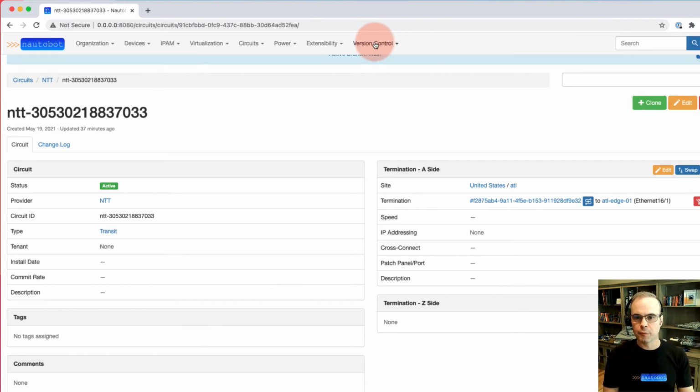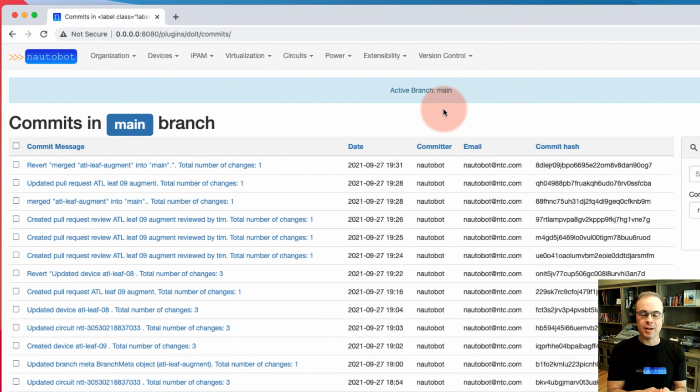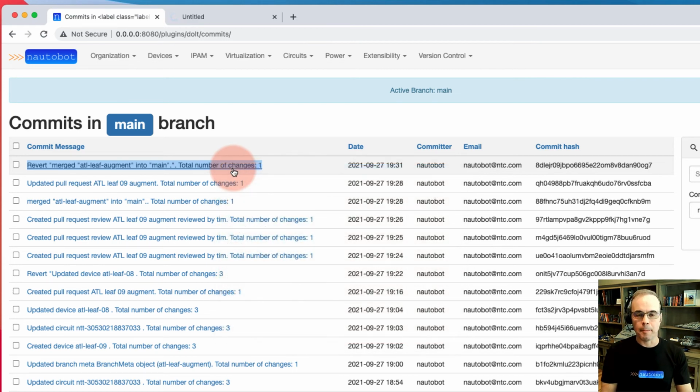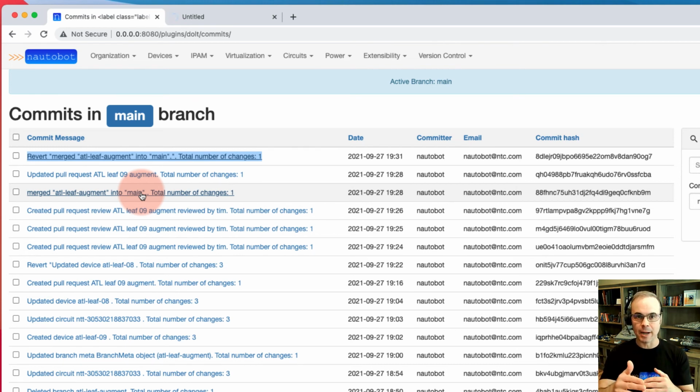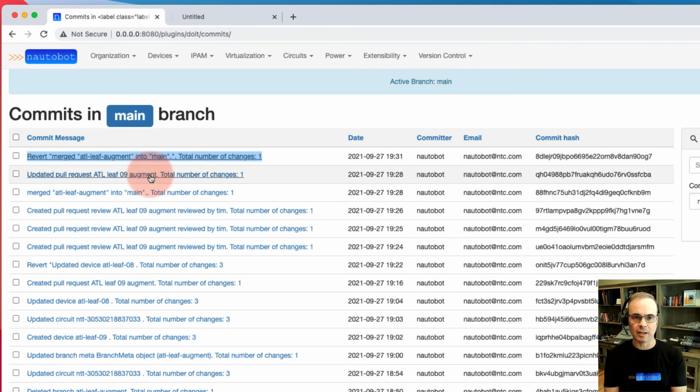And now what's also cool is if we go back to the commits, we can forensically examine the different changes that have all taken place to production data. So for instance, if I want to look at this commit here that did the revert, I'll open this up in a new tab. But I can go ahead and see what data I reverted back to, how it was before. And if you look at this entire data history here, as the changes happen in the different branches and in main branch, the history is kept right here, and you can see exactly what changes were happening by clicking on these different commits. That'll tell you exactly what changed. So this is a history, a living history of data changes in both the main branch and in any other